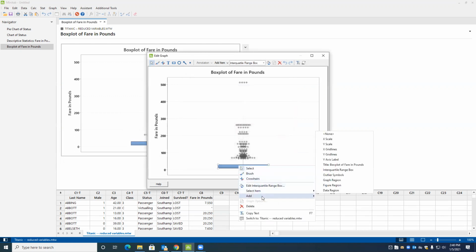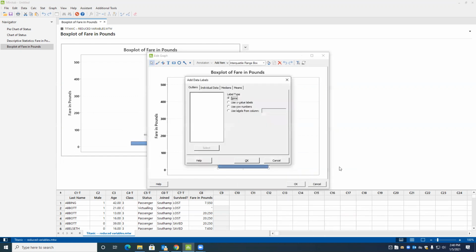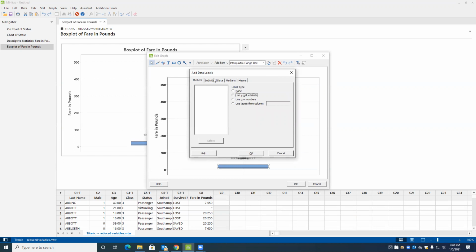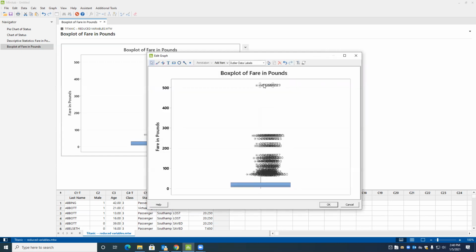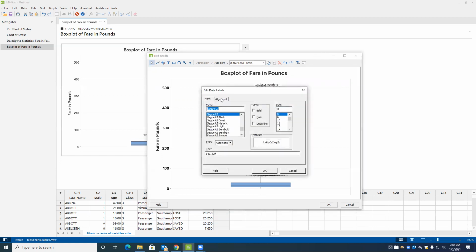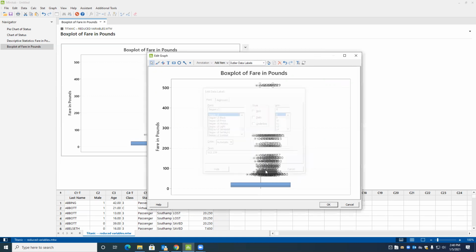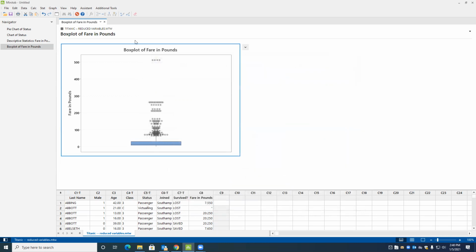so add data labels and use y value. Here, edit outliers data. So a lot of things you can do. Okay, so here you can see the 500, which is clear here, but due to some reason there are too many outliers, they are overlapping, we can't see them, otherwise they are right here. You can see clearly under the age variable.